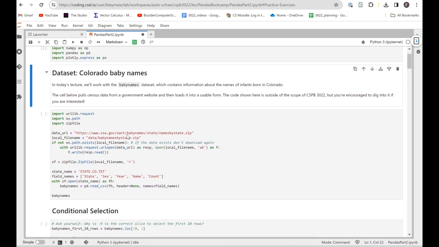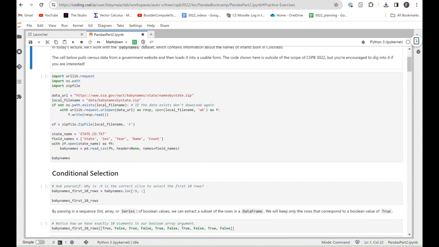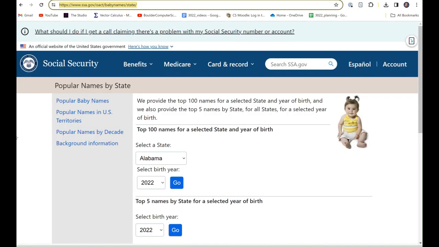If you just look at this website here, this takes you to the United States Social Security website, and they keep data of all the names listed on Social Security cards for babies born in the United States. This includes the year they're born. It includes the biological sex that they're listed with on their birth certificate. And so we're going to pull this data in particular